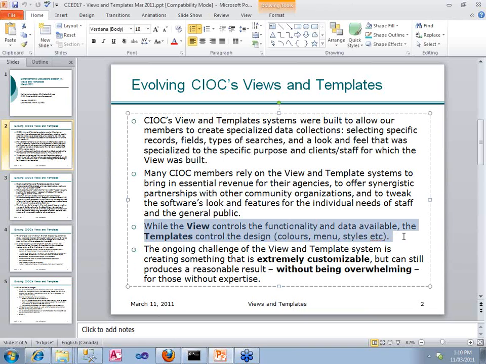So I said I would try and differentiate between views and templates. I'll do that now. The view is about controlling the functionality of the software and the data that's available, and to a certain degree what you can do with it. So when you set up a view, you define which records are going to be in that view, what types of searches are going to be available, what fields are available for each type of access, so which fields are available for viewing on your details page, which fields are available on your feedback page, your update form, your mail form, and so on. Whereas your template controls strictly the design, the colors,